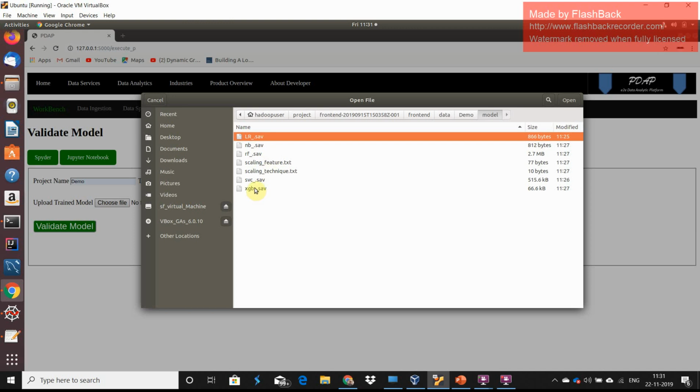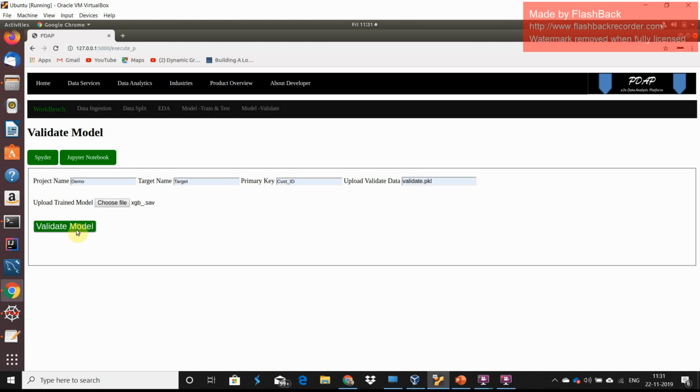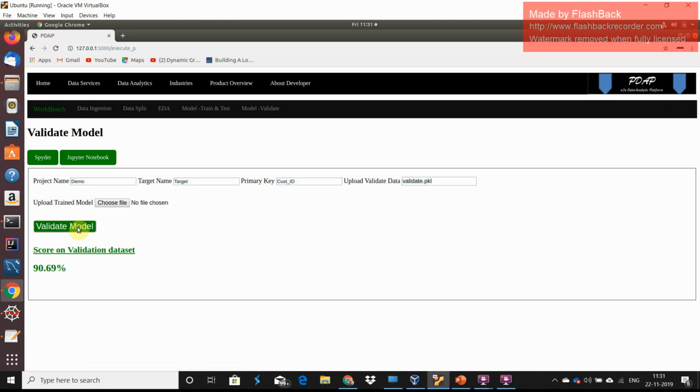So let's take XGBoost, and you can see the score it is giving, right? It is giving 90% or 91% on unseen data. So it looks good, right? You can also choose logistic regression. Over there it has given 92%, right? So here it is also giving 92.68%, right? So based on that, if you see that, okay, this is not the right score, you can again go back. As I told you, this is a modular framework, you can again go back and do any other